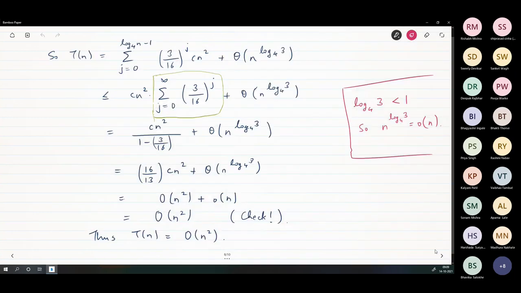Then adding all these costs, T of n is adding all those costs from level 0 to level log n to the base 4 minus 1, which are all of this form. For a level j we have (3/16)^j times cn squared, plus the cost at the final level, which is theta log